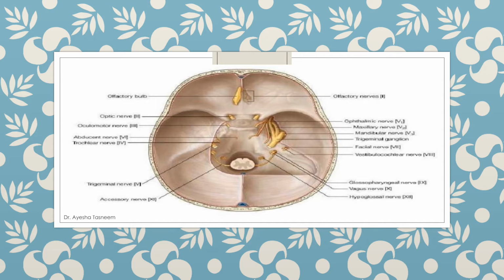Then by passing through this foramen, the nerve has two ganglia that are known as the superior and inferior glossopharyngeal sensory ganglia that are situated just at the level of the